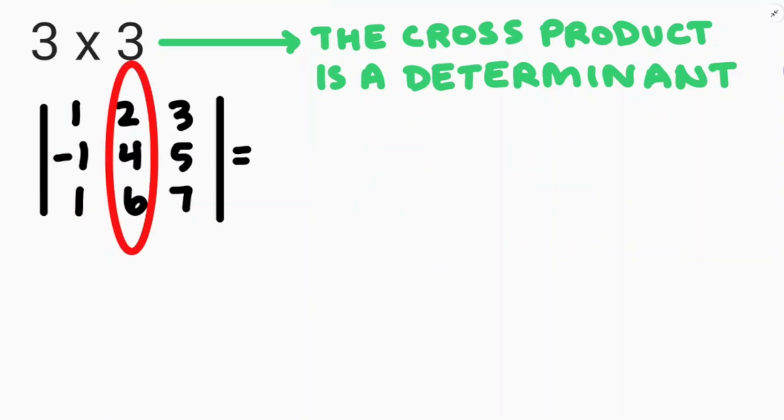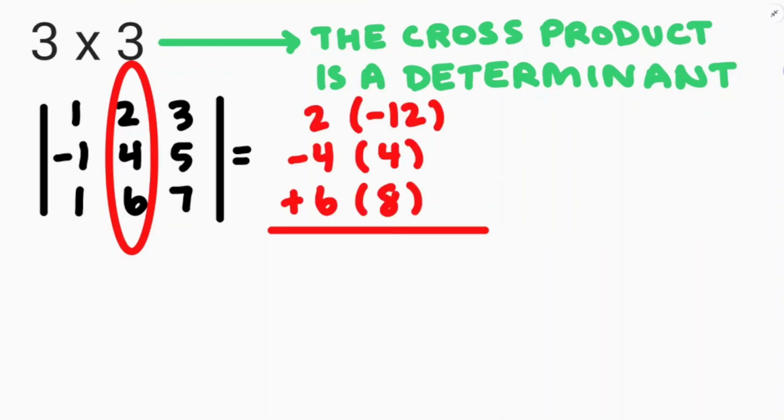Now, had I chosen the middle row or the middle column, the second row or the second column, and done all those same computations that you don't need to see me do again, you would get positive 8. And we know the determinant is negative 8. We computed it two different ways and got negative 8, so we should be getting negative 8. And that's the deal. When you do cofactor expansion based on a row or column with an even index, instead of plus minus plus, it's going to be minus plus minus,